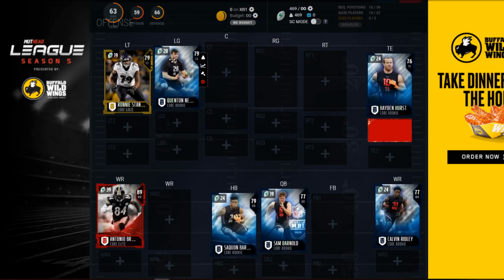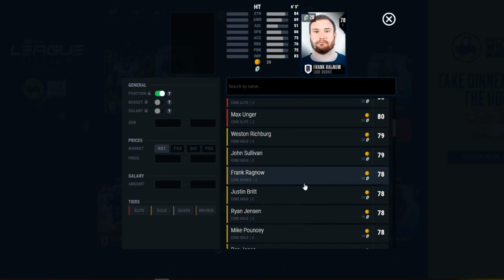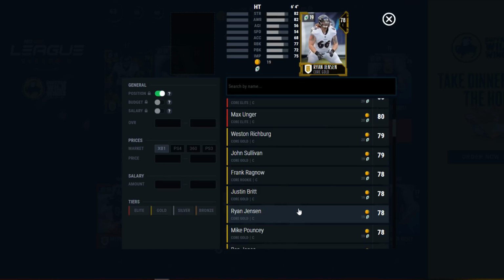Now, I'm going to go ahead and stay with Quenton Nelson. I'm going to stay with all my rookie premier players and not upgrade them in that aspect. But keep that in mind. Obviously, if I have a better player than a rookie premier player, I'll put him in there instead. So going ahead to the next one, center, again really focusing on run block,